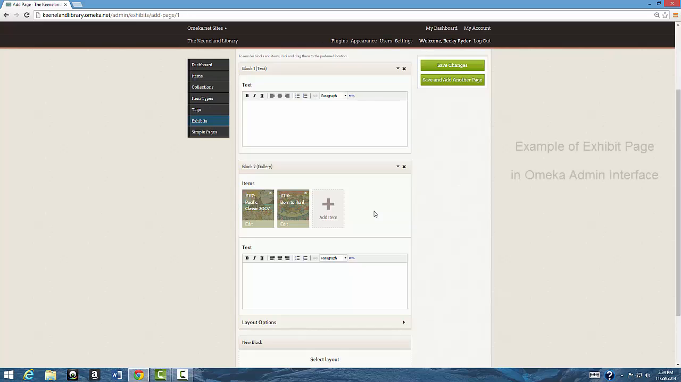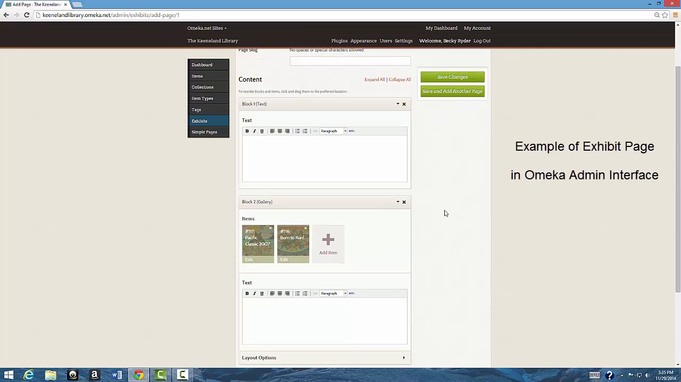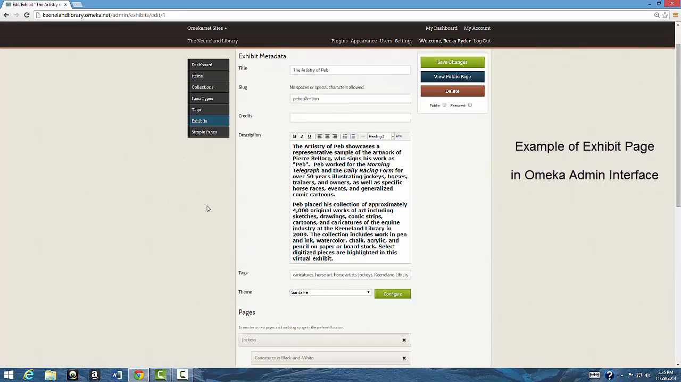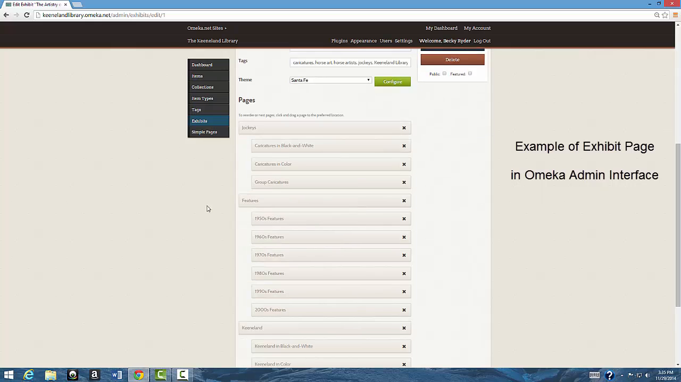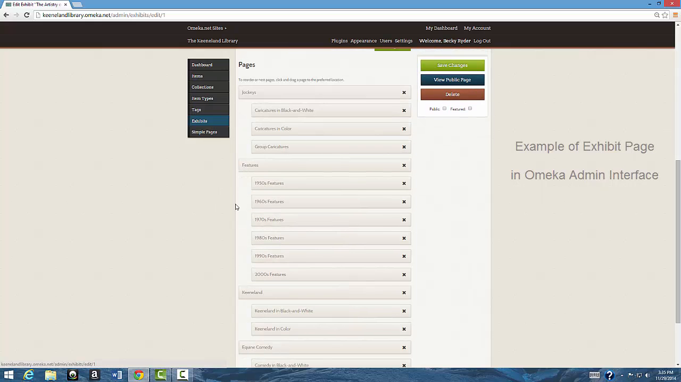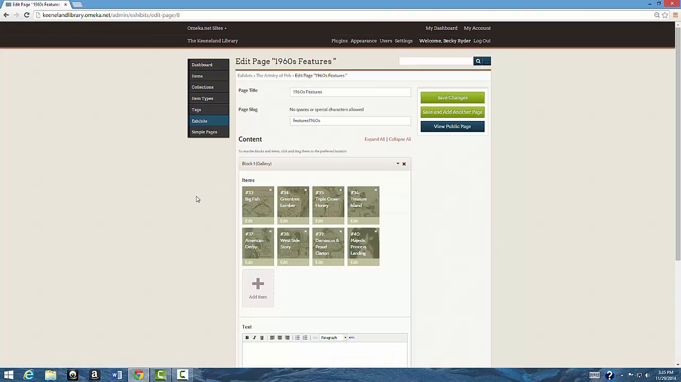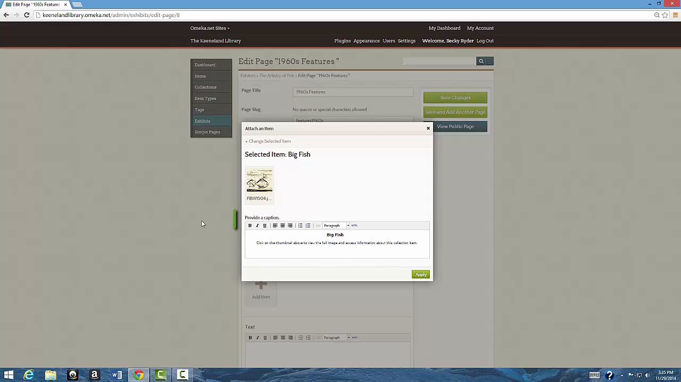And let's go back to the main exhibit editing page to see an example of an exhibit page made using the Gallery Content Block option. We'll scroll down to our pages and subpages. We'll go to the Features section and select the 1960s features. You can see this subpage's title and slug and its Gallery Content Block. If you select Edit on any of the included items, you'll see the item's caption as it will appear on the exhibit page. Close this window,